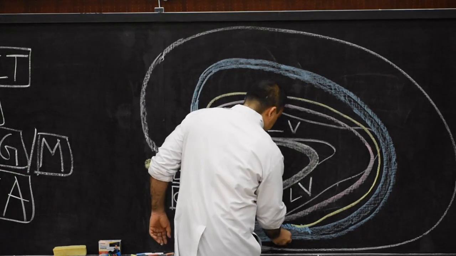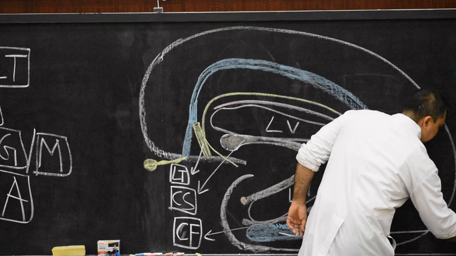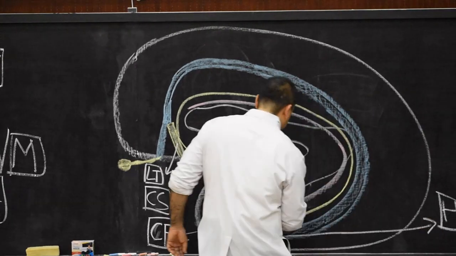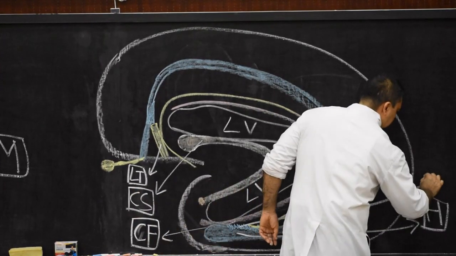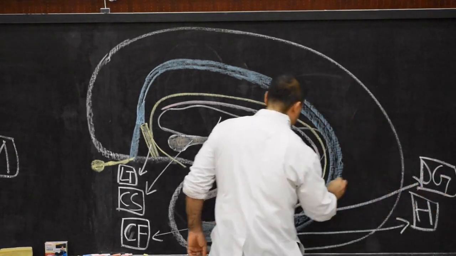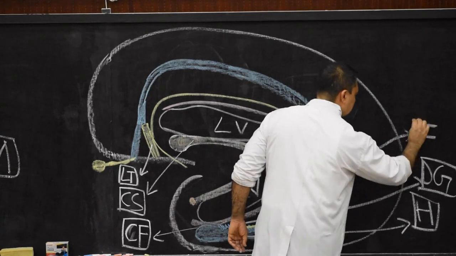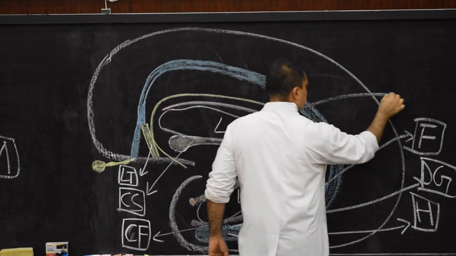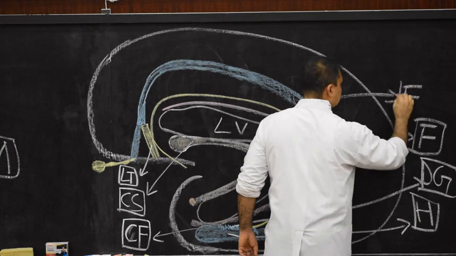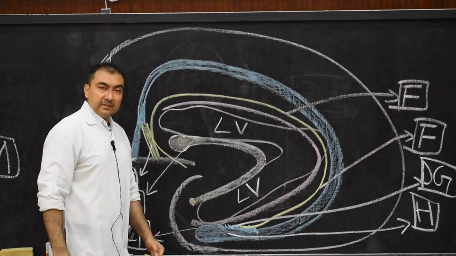So here we are going to mark this as hippocampus, the first structure. Then we are going to mark this structure as the dentate gyrus. We need to mark all of them. Then we are going to mark this structure as the fimbria, and the continuation of this fimbria we are going to mark as the fornix. These are the structures which we have to mark in this way.